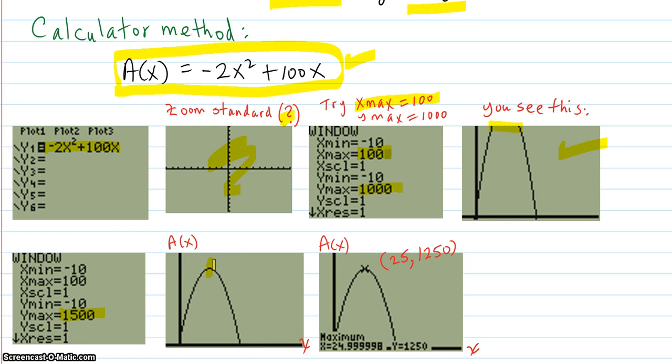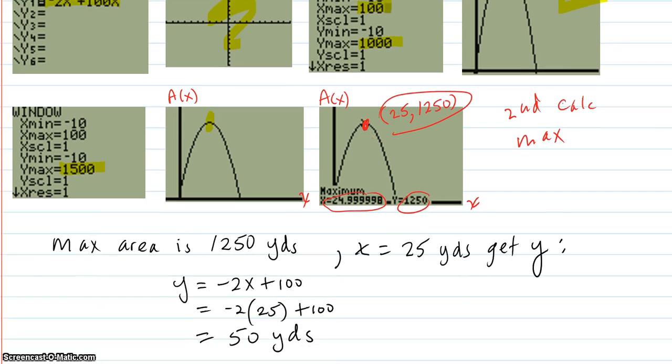I see the vertex. So I do a second calc max. That's second calc max, and that finds me this vertex right there, and it shows me it's 25, 1250. Okay, the same as we had before. So the max there